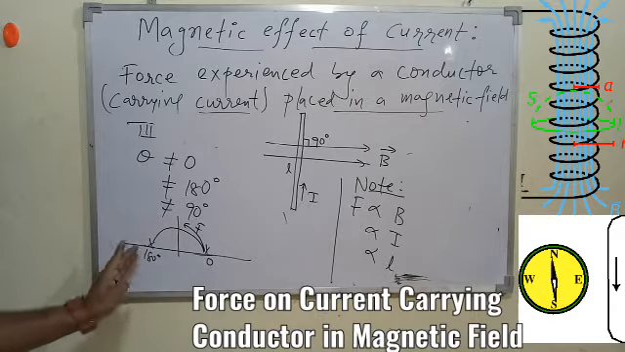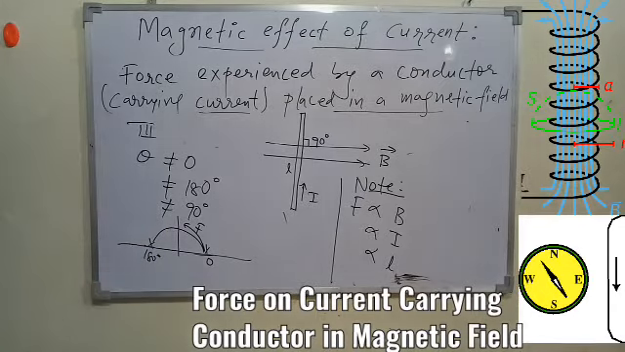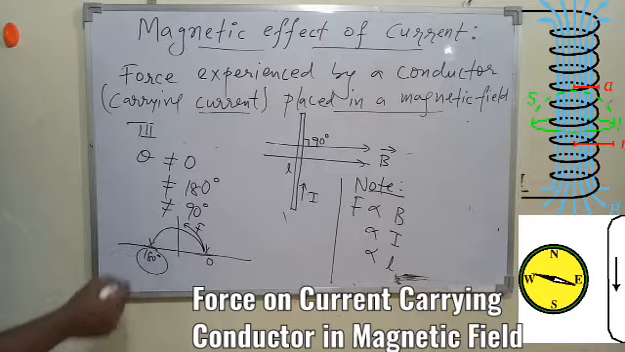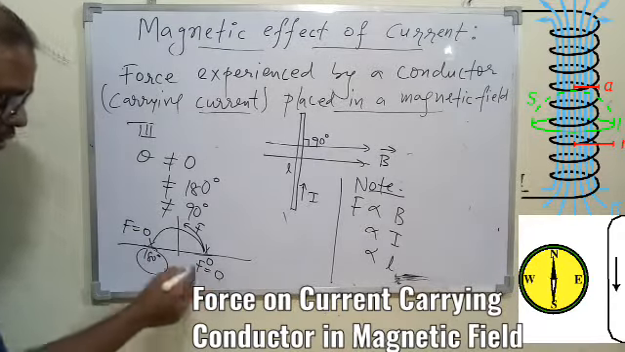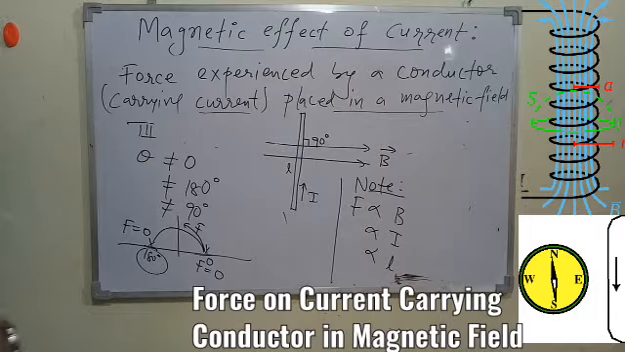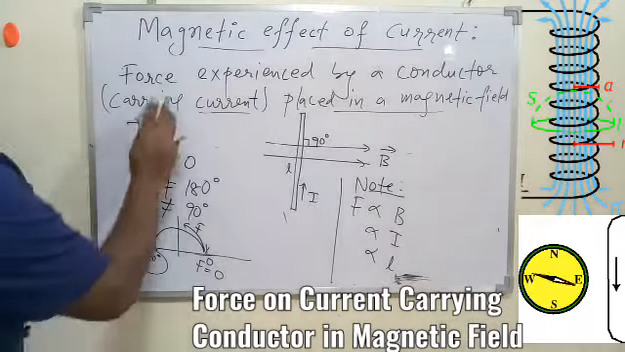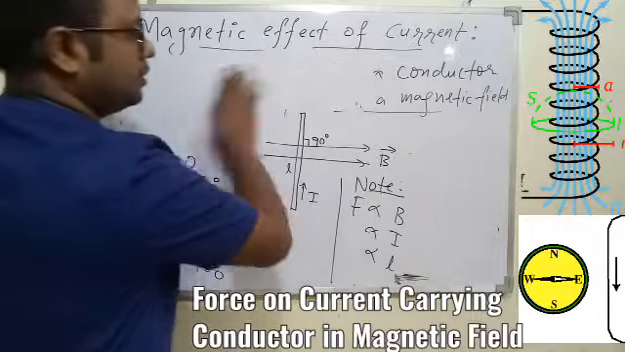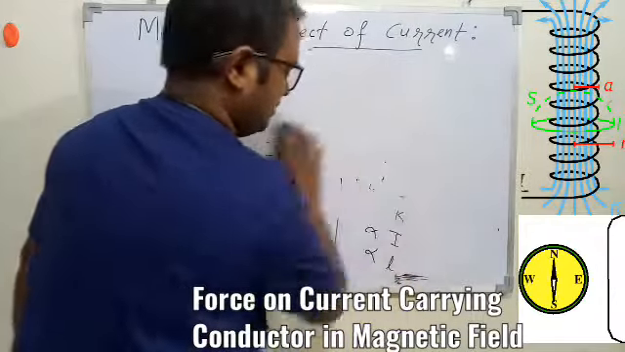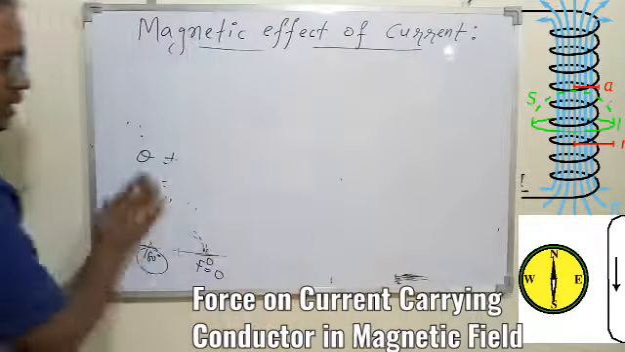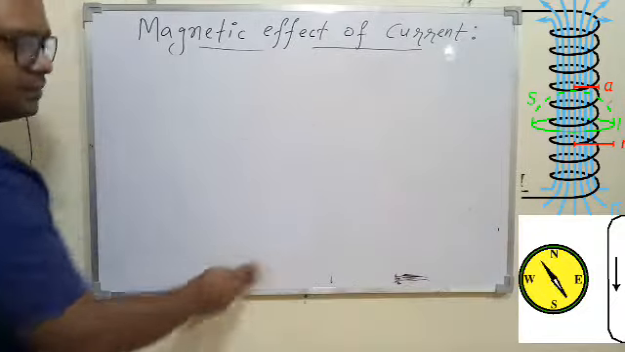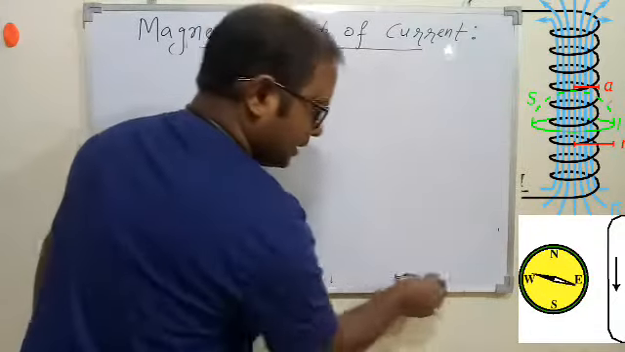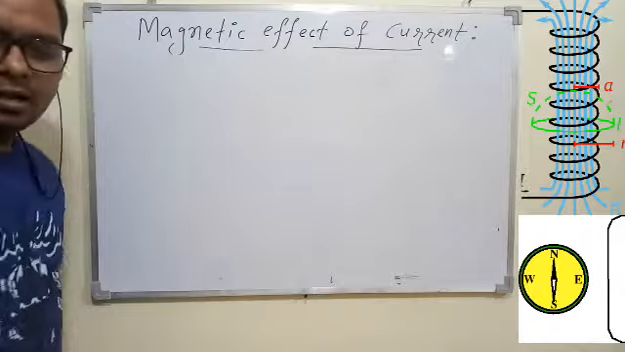Again the force will start decreasing with the increase in the angle, and at 180 degree the force will become 0. So here force is 0, here force is 0, in between we have non-zero force. So I hope you understood this much, and this is what we should know in this topic. And since this conductor experiences a force, it will move in a particular direction,